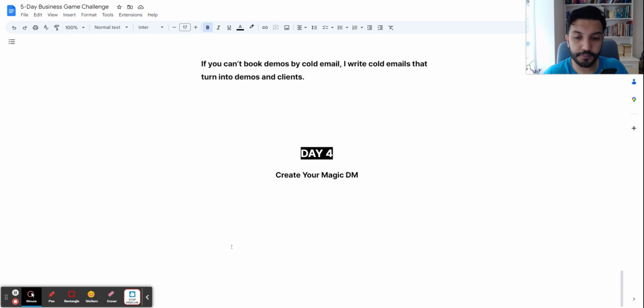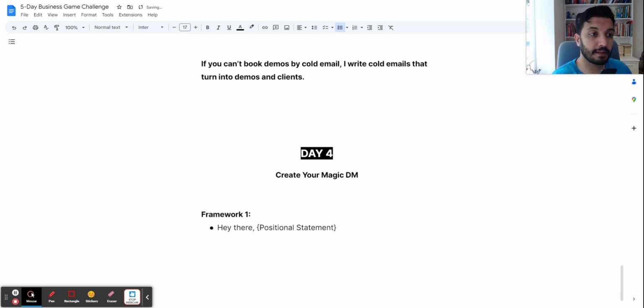So I'm going to give you one framework, okay, for now. And this has worked really well. But the framework goes like this, and I'm giving you line by line. So each bullet point will be line 1, right? So you can say, hey there, and then you'd go into your positional statement. So you'd be like, hey there, I turn A into B. Okay, that's line 1. Line 2 is a credibility, something to give you authority,